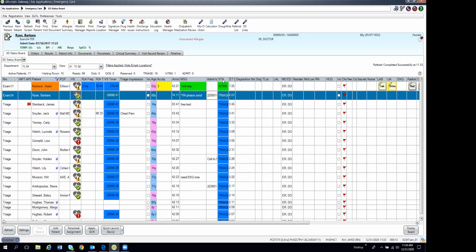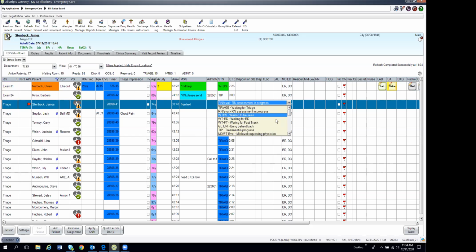STS stands for status. What is the status of the patient? When patients come in through the registration, they are automatically assigned a status of triage. It means they're waiting to be triaged. After that, a double click will allow that column to be changed. WTBS is waiting to be seen. TIP, treatment in progress. Other statuses that you'll see frequently will be